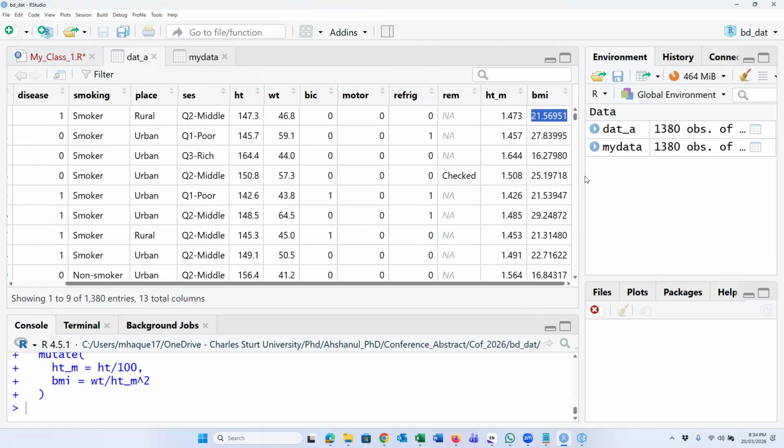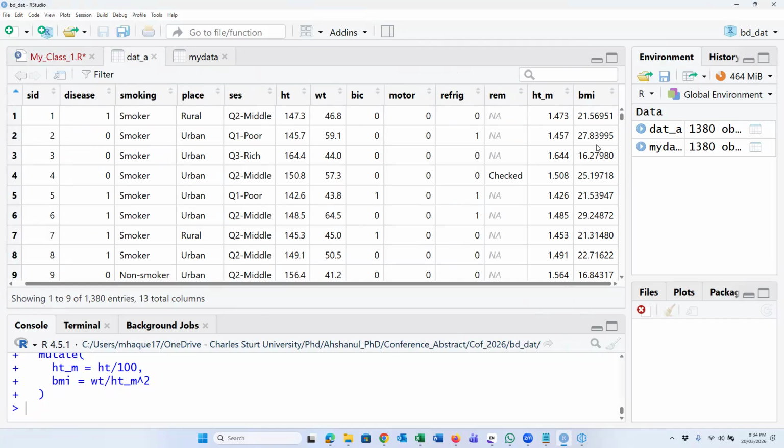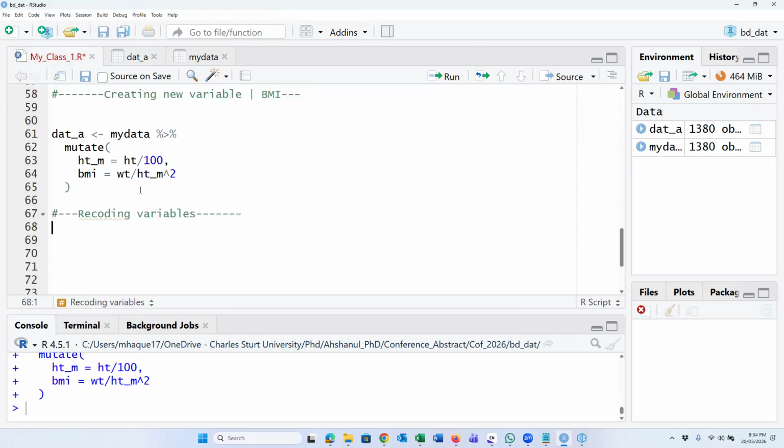And we know that if BMI is less than 18.5, then underweight.